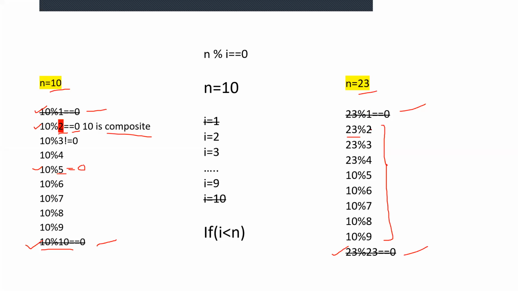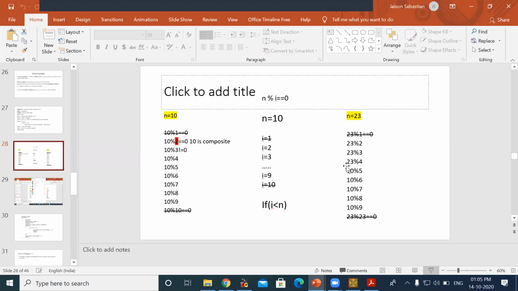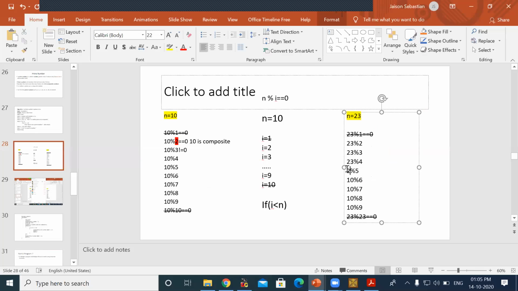What happens when you take a prime number? 23 mod 2 will not be equal to 0, right? You will get a remainder. 23 mod 3 is not equal to 0. 23 mod 4, none of those. None of the numbers will be equal to 0. That means what? You will find that 23 is a